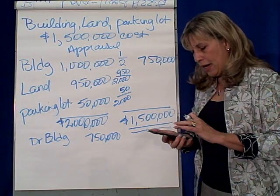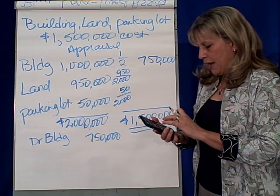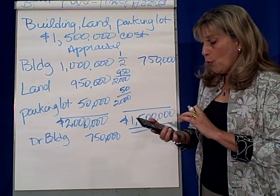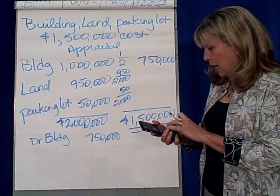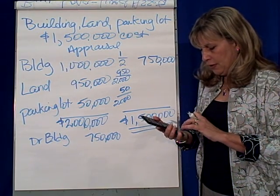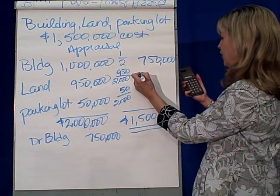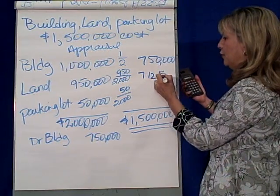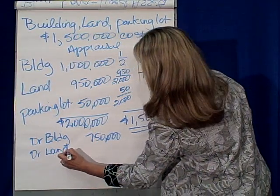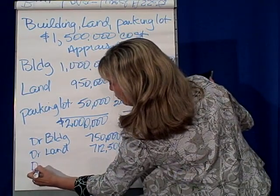So let's see how my calculator is working today. 950,000 divided by 2 million equals 0.475 times 1,500,000, which means that the land is going to get $712,500. So land is going to be debited for $712,500, and the debit to parking lot